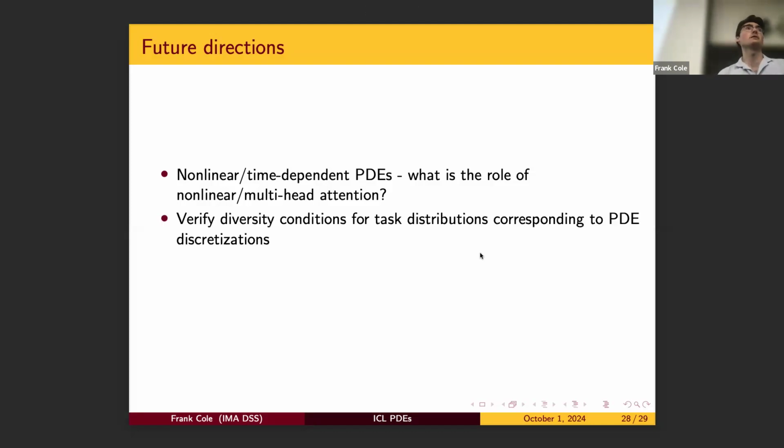I think maybe another question is just to verify these task diversity conditions for the distributions corresponding to PDEs. I think the numerical experiments suggest that there is task diversity for these distributions, but we weren't able to prove that. And maybe the last question is just the scalability and application to high dimensional problems, because we know